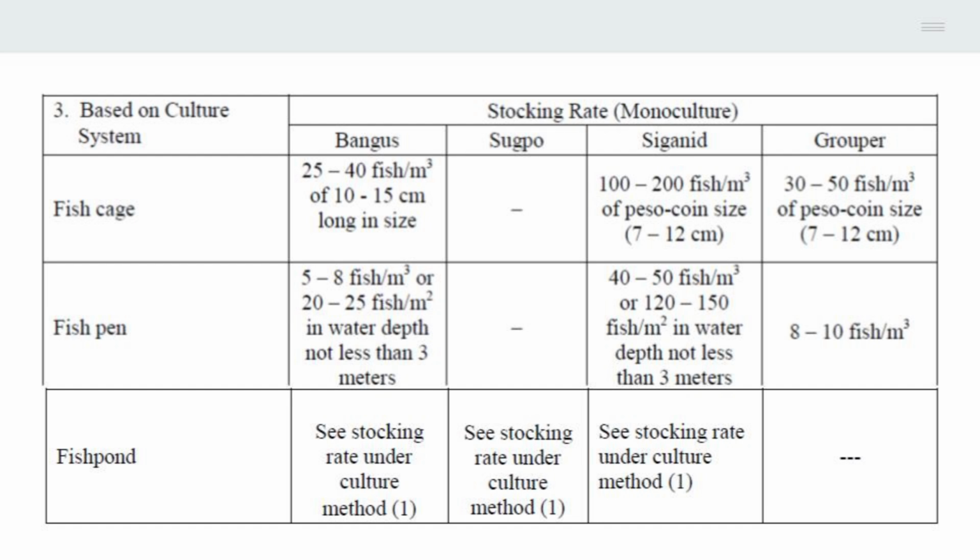For the key takeaways, we can learn that fish cages allow for higher stocking densities, but water quality must be managed to avoid overcrowding. Fish pens provide more space and rely on natural conditions, so the stocking rates are lower than in cages. Next, fish ponds require active management, and stocking densities vary depending on the culture method. Lastly, each species has unique space requirements, so selecting the right stocking rate is essential for optimal growth and survival. By carefully choosing the appropriate stocking rate and culture systems, we can maximize fish production while ensuring sustainable and efficient